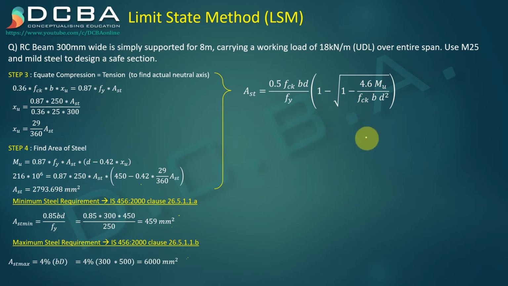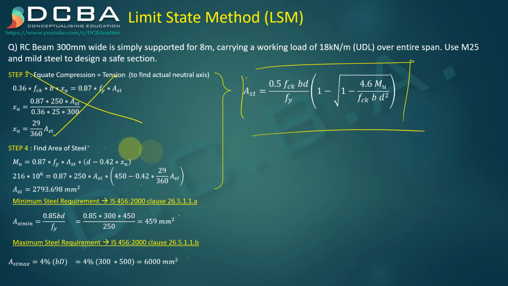But trust me, as we use this formula again and again, you will remember it forever. And it is not that difficult a formula. You just have to understand it, and once you get the hold of this, you will not forget it, unless you are going into some other field. So what this formula does for you is that it completely eliminates this step, that is finding XU in terms of AST and all. It also eliminates this step.